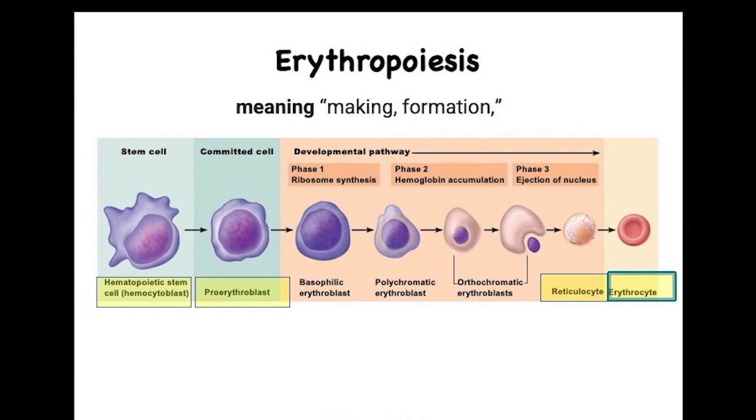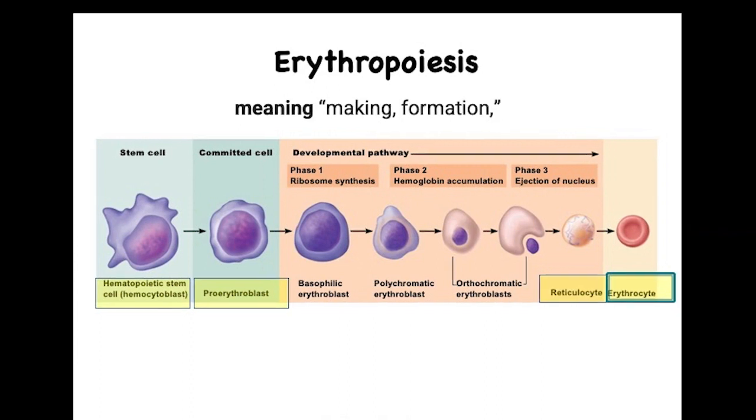This illustration looks at all of the cells involved in erythropoiesis. We're going to begin with the stem cell on the left, the hemocytoblast. Once the hemocytoblast becomes a proerythroblast, it is a committed cell, meaning that the only type of formed element it will become is a red blood cell or erythrocyte. The next stage is a basophilic erythroblast. During this stage, the cell is synthesizing ribosomes. Remember, ribosomes are your protein factories. You're getting the machinery ready to begin the synthesis of the protein hemoglobin, which occurs in the next phase,